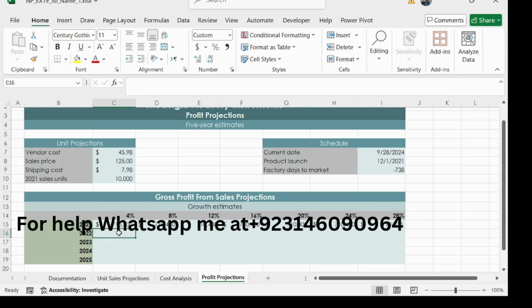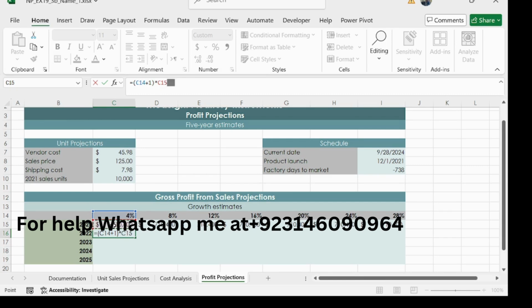So without a function, type is equal to, and then add 1 to the growth rate cells. So open the bracket and select cell C14, and plus 1, close the bracket and multiply by cell C15.